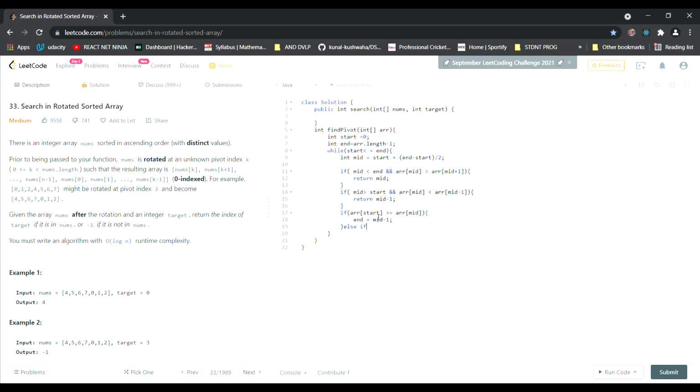Else, if the array of start is less than or equal to array of mid, we have to put our start pointer to mid plus 1. And if all of these 4 conditions are not met, that means our array is not rotated, it's a simple ascending order sorted array, then we'll return minus 1. Okay,